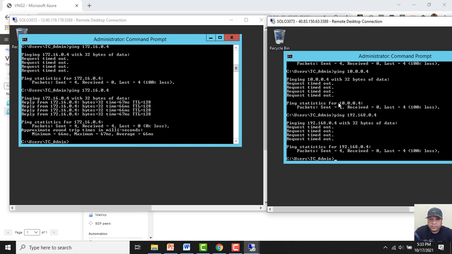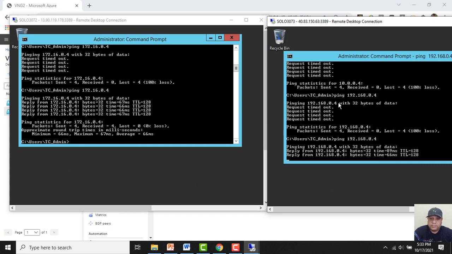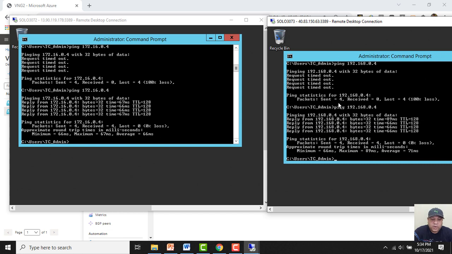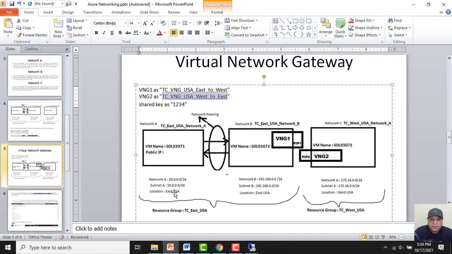Guys, see, it has started pinging. See, now what is happening here? Both the virtual machines Solo 3072 and Solo 3073 are able to ping each other with their private network IP addresses. Now let me see if I am able to ping this virtual machine A, which is in network A,